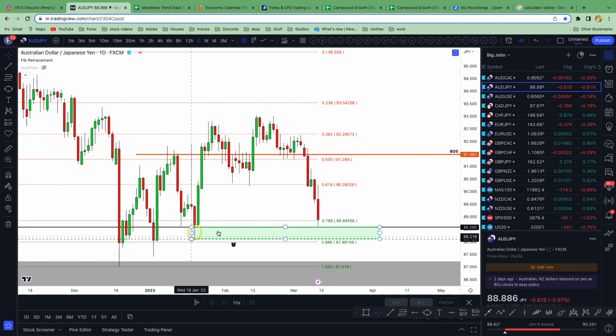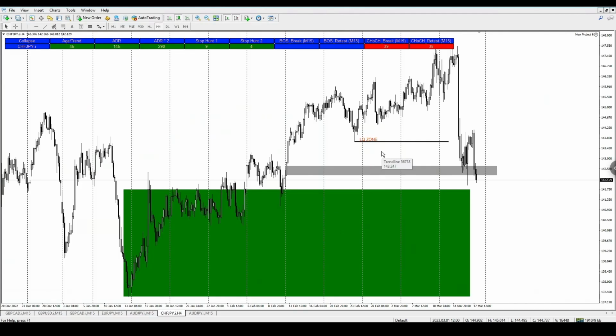So yeah, there's a liquidity wick down here. This is where it could be going to now. If it finds a support here, then we could be seeing a trade entry back up for the buy. So we'll be looking at this pair here as one of our first pairs to be looking at for a possible re-entry this week. So I'm just moving it up there. Now we're going to go over to CFJPY, and we're going to break this one down a little bit more,